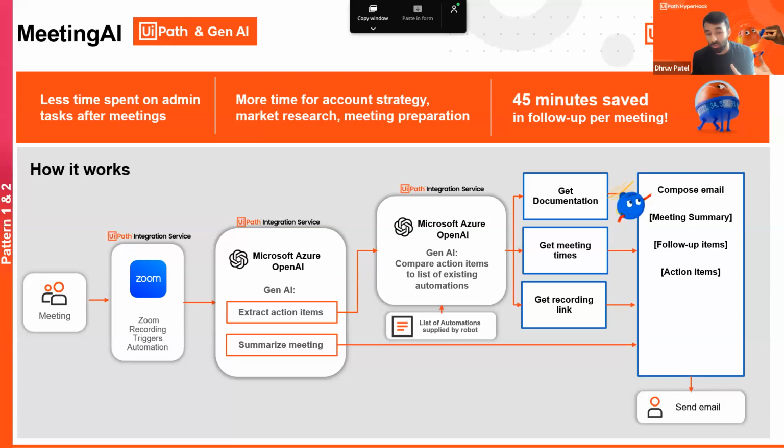So we'll leverage that structured output to kick off the documentation, getting the meeting times, and even getting the recording link downstream automations. And we'll compose it into a final email and automatically send it to the person who set up the meeting, right? And so this way, we can use the email draft as a way for the person to review the action items, the suggested follow-ups, and even the meeting summary before sending out to all the participants. So pretty handy, another use case example of a way you could start to bring in generative AI.